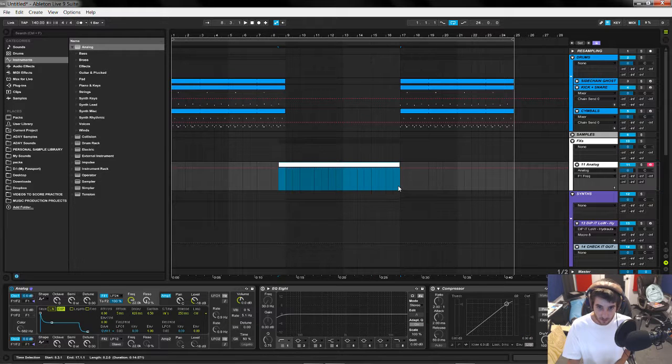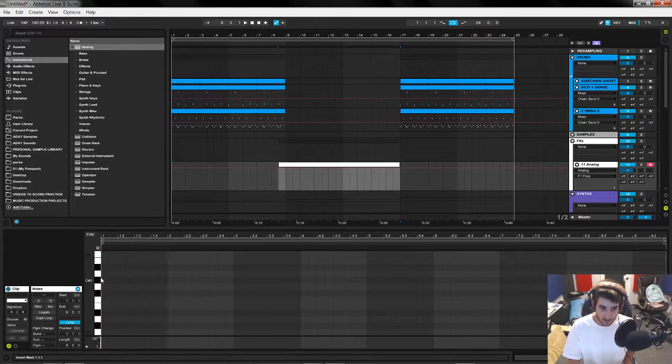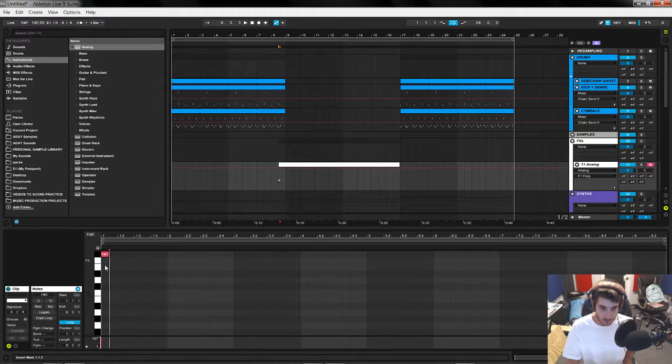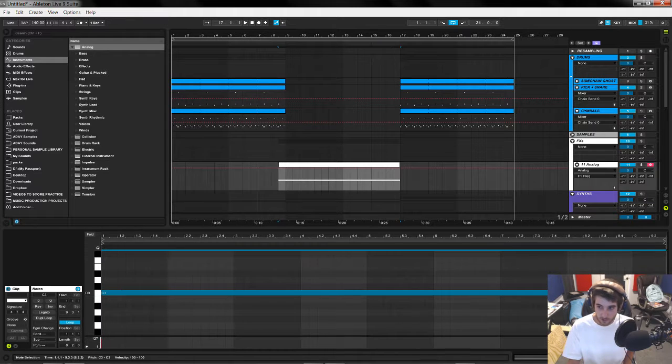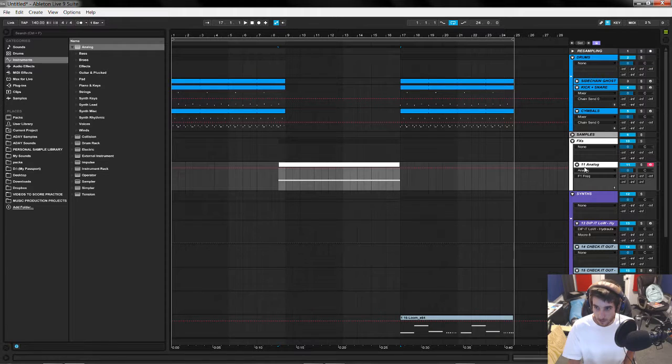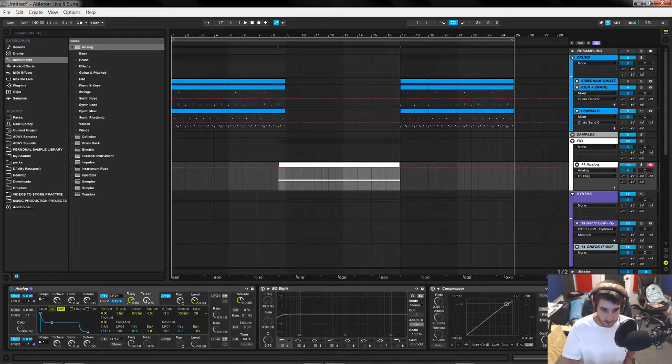Actually, I like to overhang the notes, so then that way I could do like a reverse sweep thing into it. So we are on frequency.